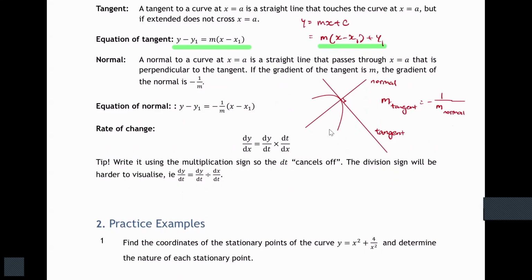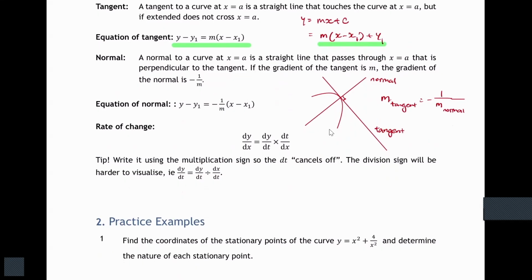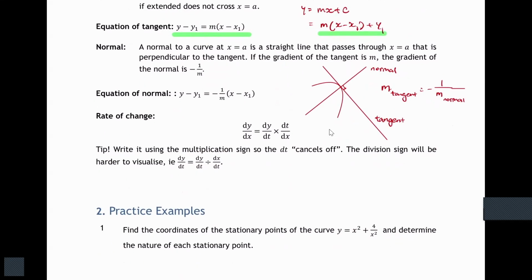Last one is chain rule. For chain rule, the questions usually come with, you write dy dt equals dy dx multiplied with dx dt. Usually, the question will give you one. So out of the two yellow ones, the question will give you one of them. And dy dx, you need to derive from the function of x. So you will be given one of the yellow ones, then the question will ask you to find the other.